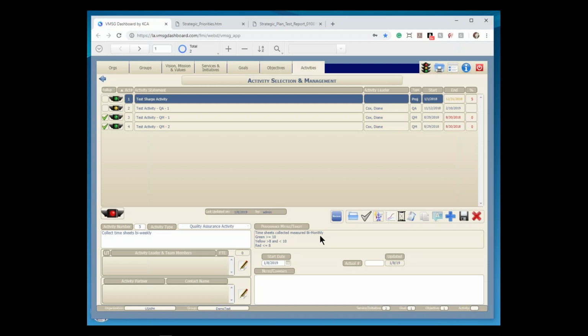So timesheets collected, measured bi-monthly. If it's greater than or equal to 10, it's going to set it to green. If it's between 8 and 10, it's going to be yellow. And if it's equal to or below 8, it's going to be red. Going to start on this frequency. And what's going to happen then is every week it's going to ask you to update this information. So let's say I'm going to go in here and put in, let's call it 9 for now. You'll notice the traffic light set itself to yellow over here because it's between 8 and 10. So when I save that, it's going to create this new